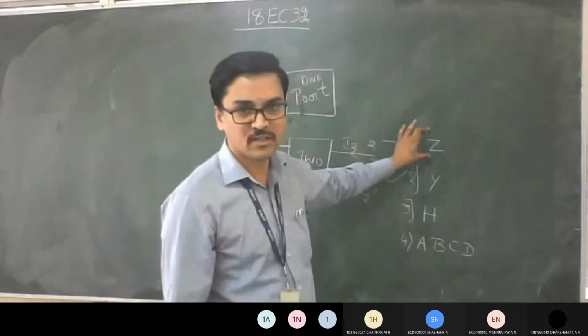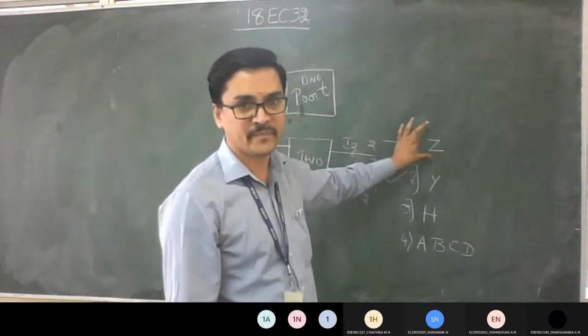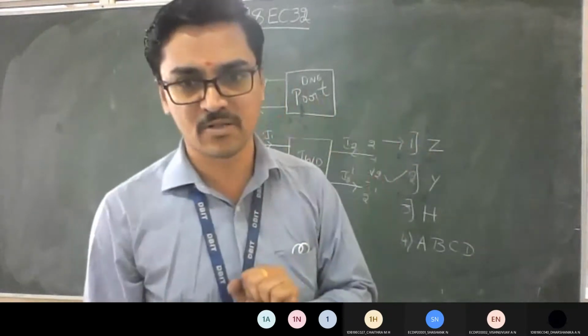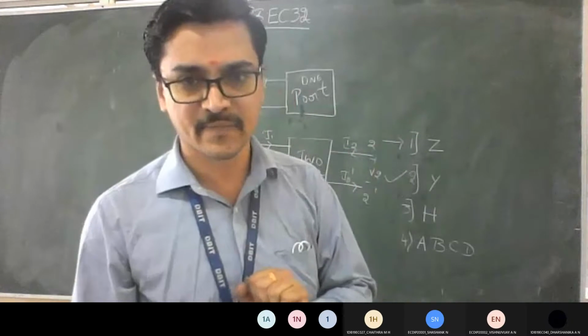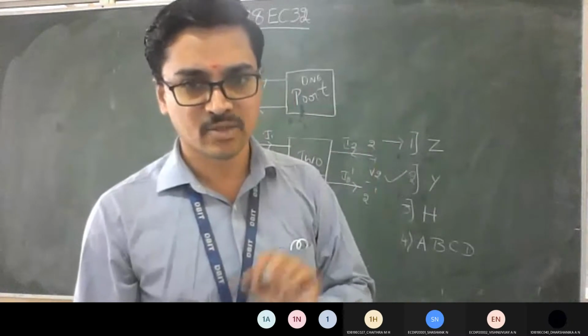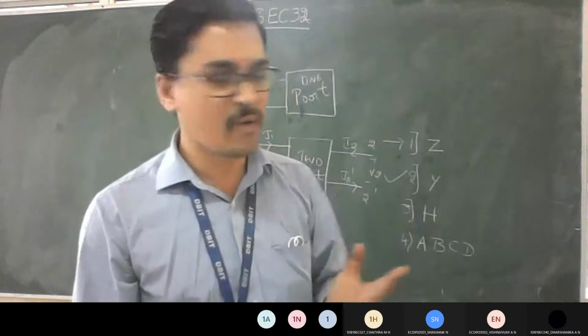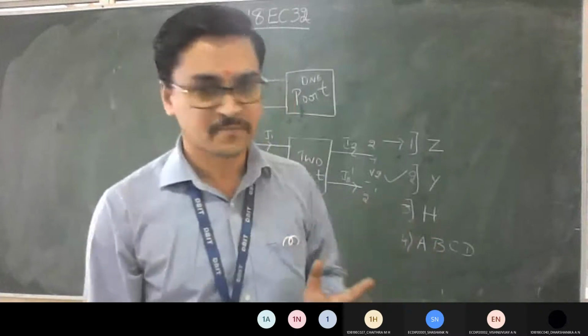They will give a network and ask you to find the Z parameter, or for the same network they may ask you to find all 4 parameters, for 16 marks. Am I clear? So till here you can expect 10 marks, and the remaining 10 marks are from the conversions.